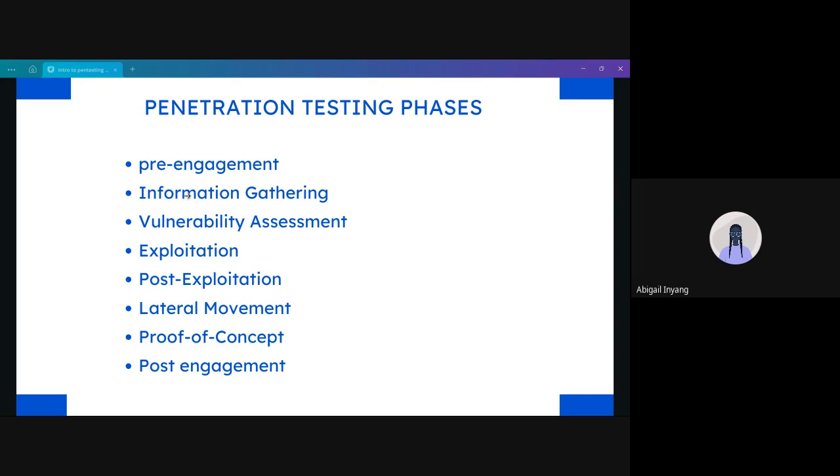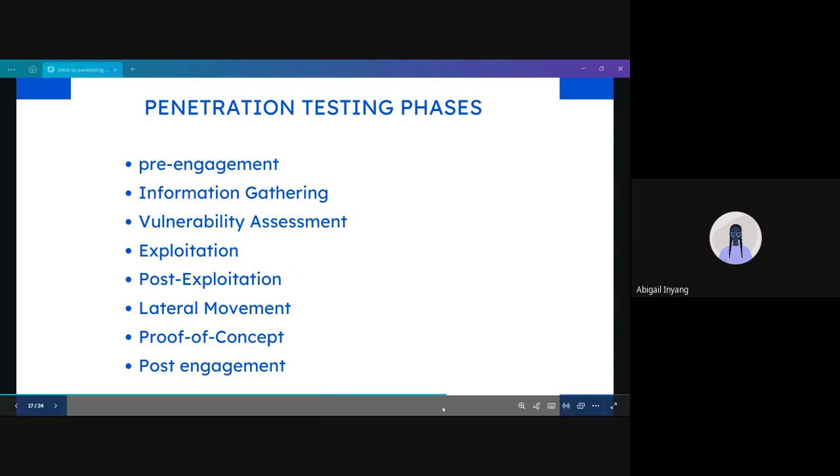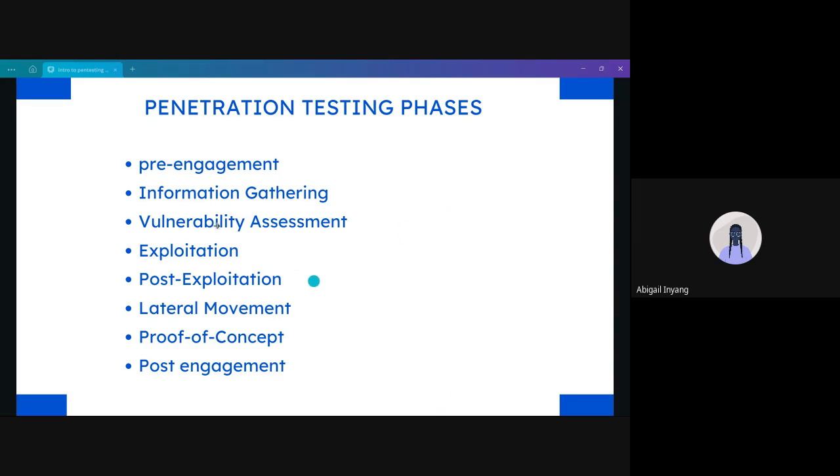Next, after you've gathered as much information as possible, you move on to your vulnerability assessment phase. This is where you're using tools, or using the web, to search for vulnerabilities that may be present in the technologies used by the company. So let's say when you were gathering information about company ABC, you found out that